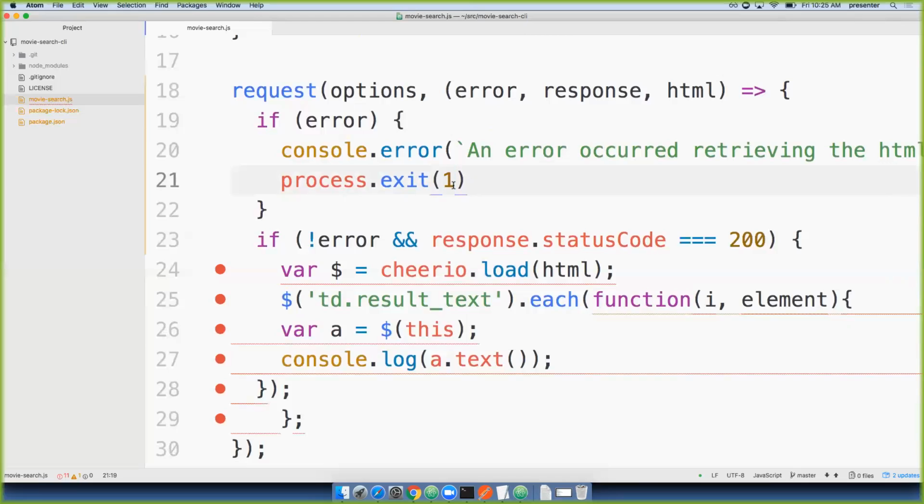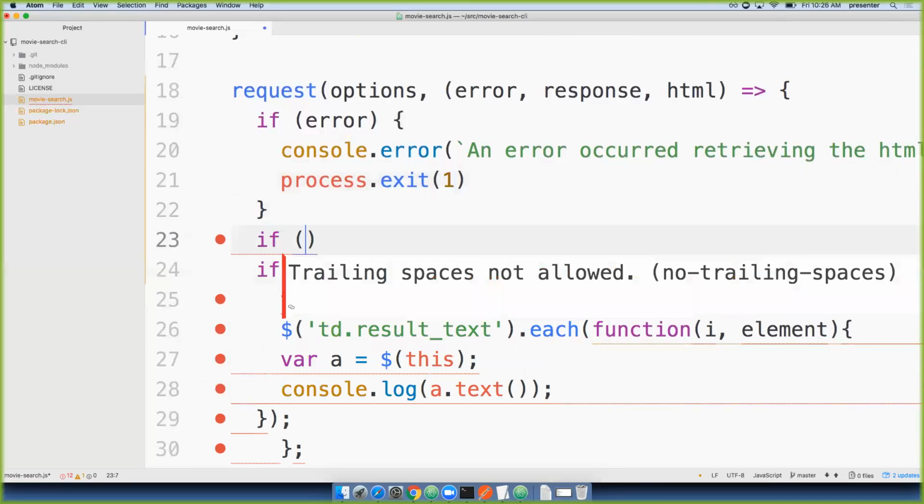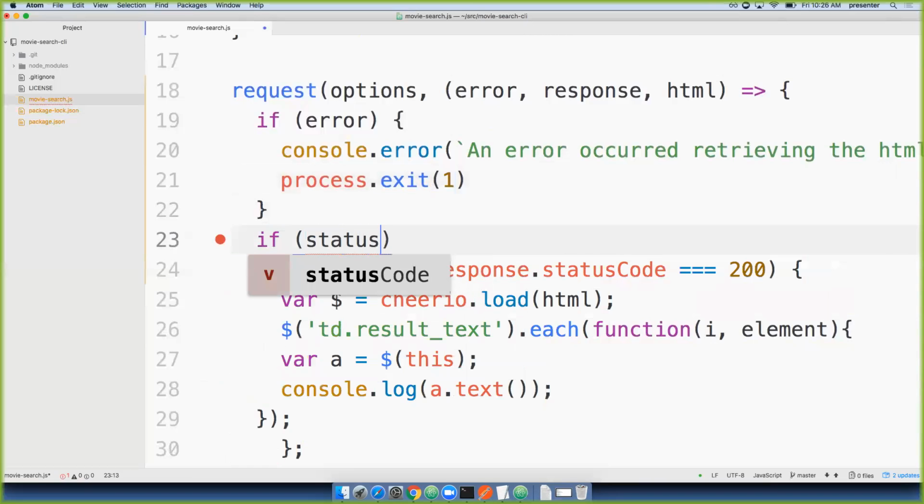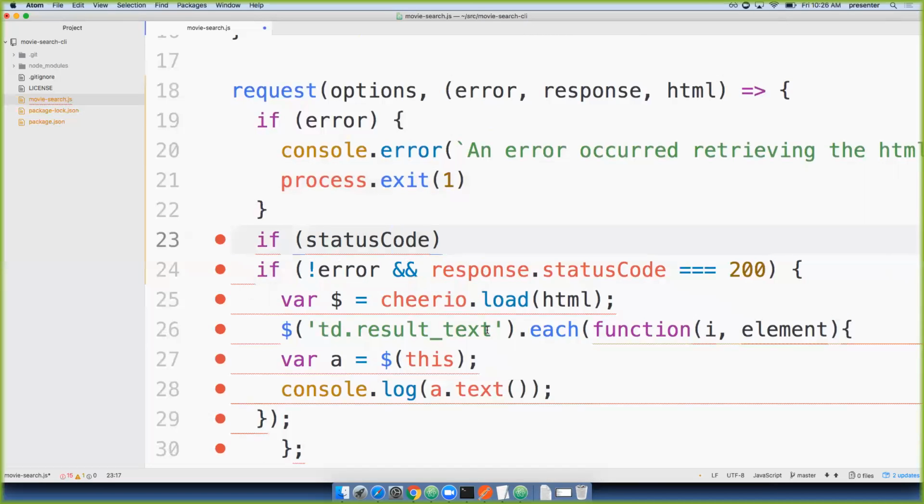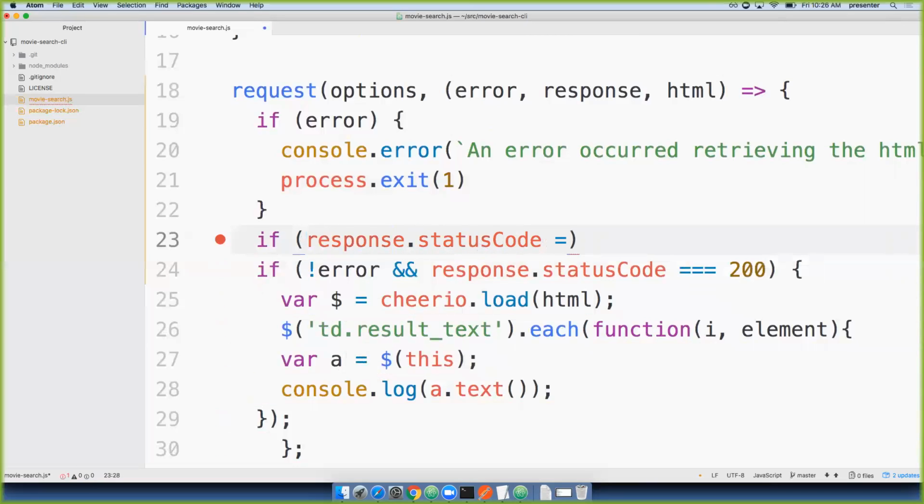So if this is going to be communicating with other processes, you might have a 1 if the error occurred with the HTML and a 2 if the error occurred with Cheerio, or whatever, right? But anything other than 0 means failed. Okay, and then I'm going to say if response. Now you all know what that response is from the lecture on Wednesday. So if response.statusCode is not equal to 200,